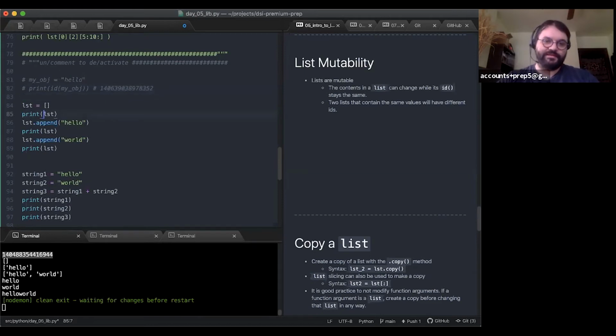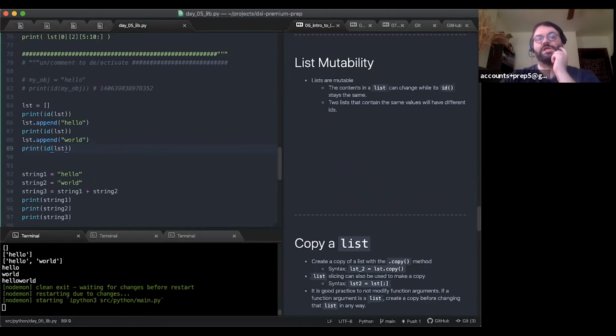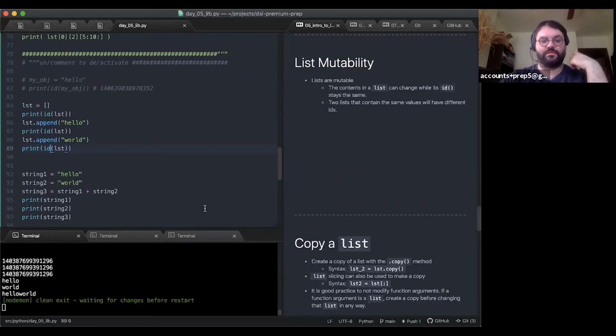Okay, so this is how we can prove that something's mutable. So I'm going to print the ID of the list. And remember, ID gives back an integer. Okay, so if I print the ID of the list, notice that they're all the same. I'm not going to read out this whole number, but if you want, you can look at the right-hand side, the last 3 or 4 numbers.